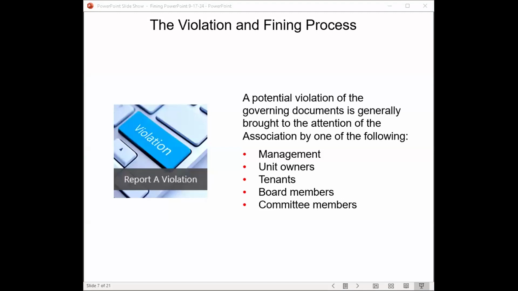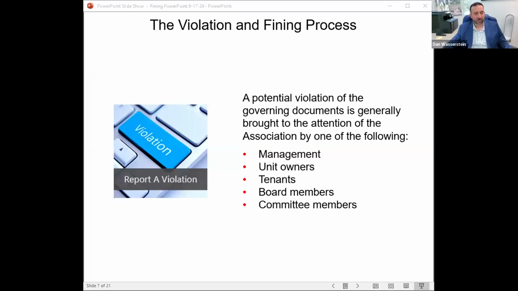Go ahead. Sure. Can an HOA's documents establish a violation of something that the state of Florida and or county governments permit? Absolutely. So we see that all the time. People will say, well, I'm allowed to have a dog. I'm allowed to have a 100-pound dog if I want. The county doesn't stop me. The county allows me to have that. But the HOA says no.